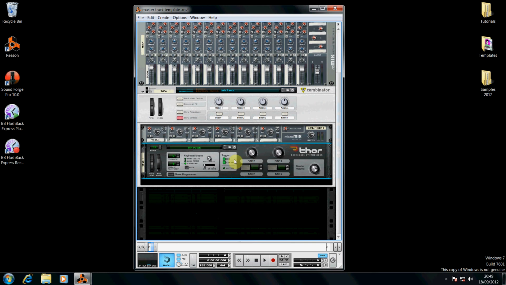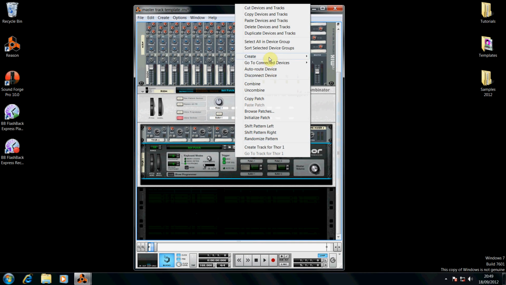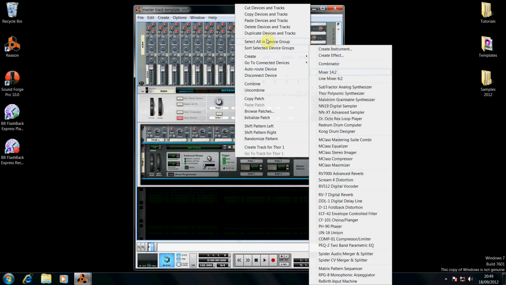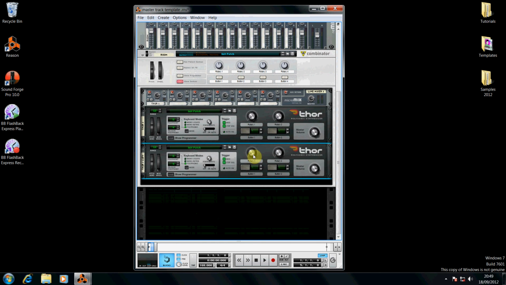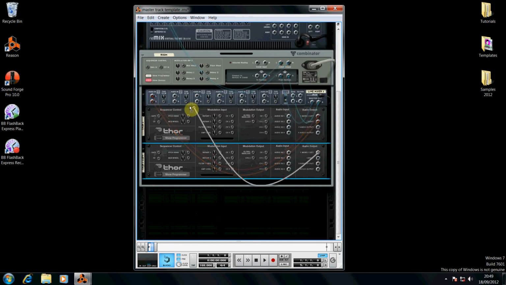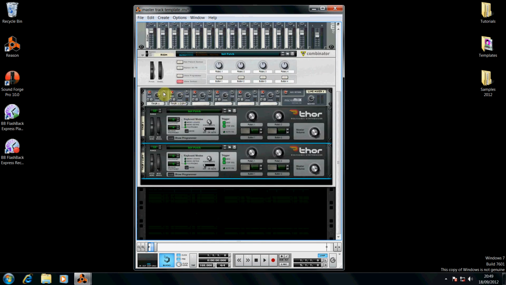Now we want to fatten that up. Rather than distorting it using a maximizer, because it can distort if you use maximizer, we're going to duplicate it. So we can right click, duplicate devices, and then just plug that into the second channel of the mixer. And then pan them, hard left and hard right. Sounds much fatter and wider. It just puts it into either side of the